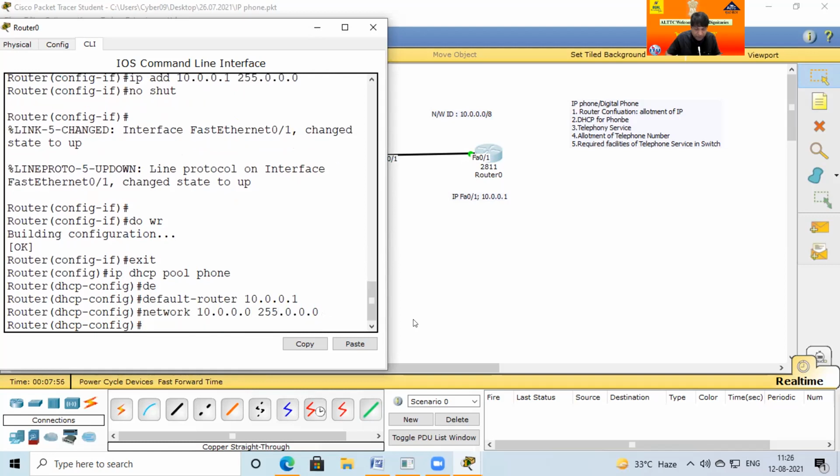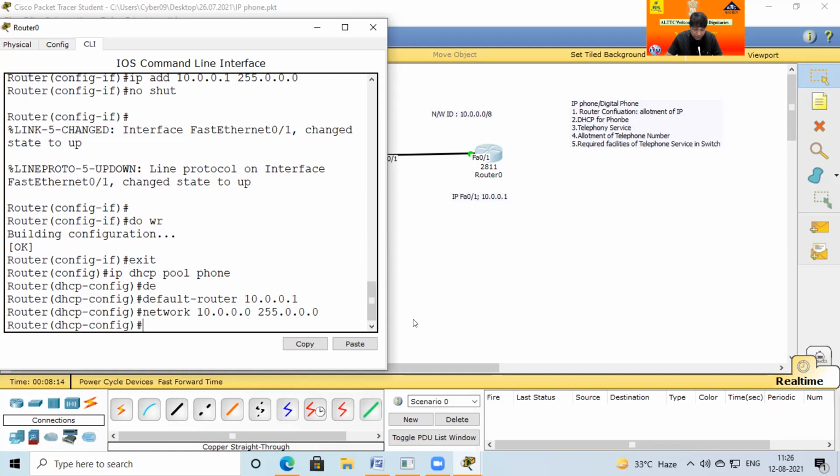255.0.0.0. Okay. In a telephony system, always keep in mind that 100% of IPs are not reserved for telephony numbers. A few IPs must be ensured not to be given to any telephone system.